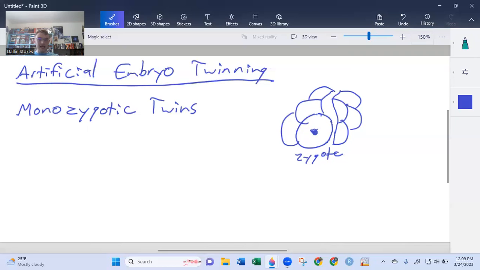So if each of these halves go and implant separately in the uterus, they will both develop into babies. But since both of them came from the same sperm and same egg, they're going to be 100% genetically identical. So that's why identical twins are known as monozygotic twins, because they're twins that came from the same zygote. Mono means one. So one zygote twins. One zygote, one fertilized egg, turned into twins because as it was dividing and creating multiple cells, it accidentally broke in half and